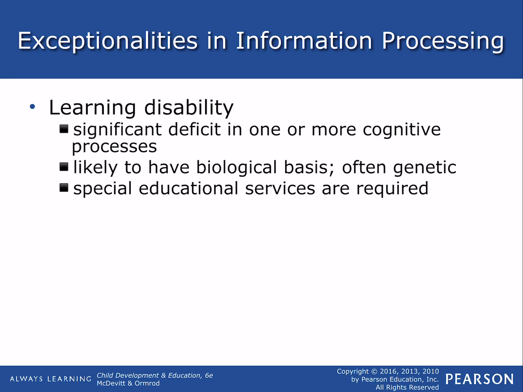Okay, so learning disabilities. Learning disabilities are where there is a deficit in one of these points of process. There is often a genetic component. It is likely to have a biological basis. There's just the way the neuroatypical brain works. They don't process things as quickly, or language is harder to process than visual, or math, numbers are harder to process than language. It all has to do with the parts of the brain that are involved in all of those sorts of